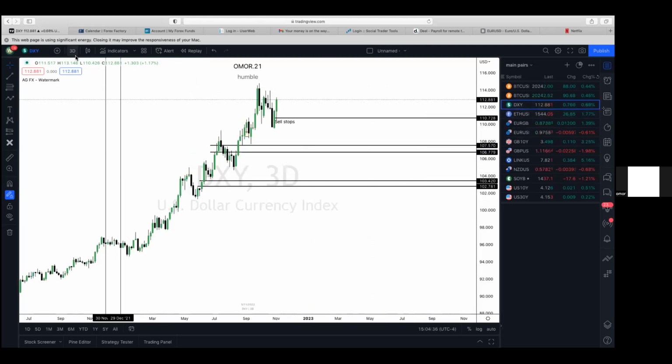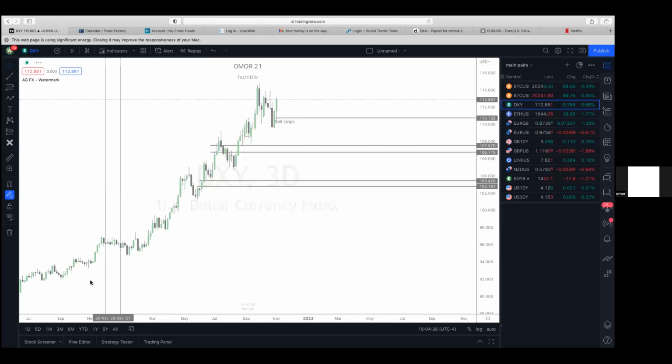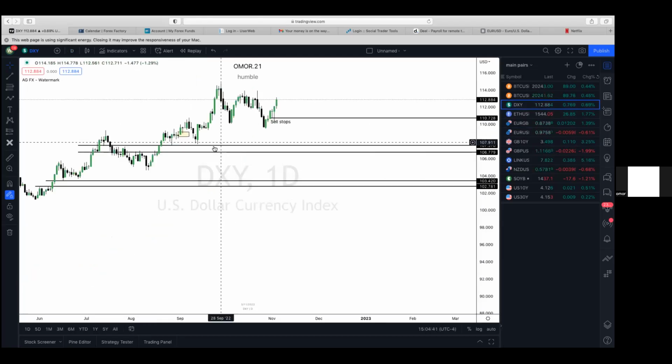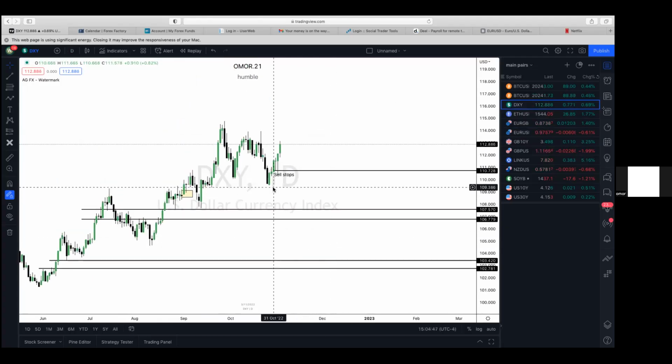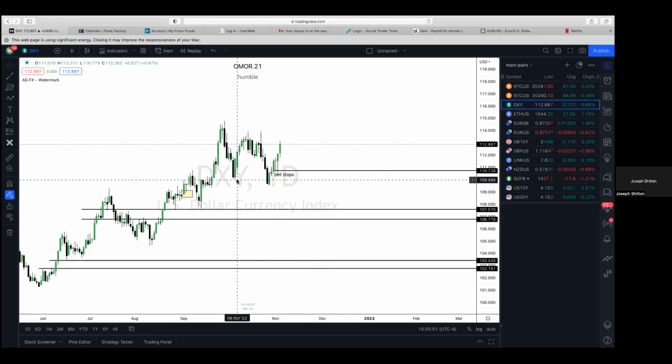Likewise on the DXY, if we go to the daily, we ran that low. I wanted to see the run into FOMC, right? The reason was because we're lining up the move with FOMC. We ran this low and we're displacing away from it. We're getting above this candle. We broke that candle's high, right? What does that show? This low was just used to be the counterparty to smart money longs on the dollar.